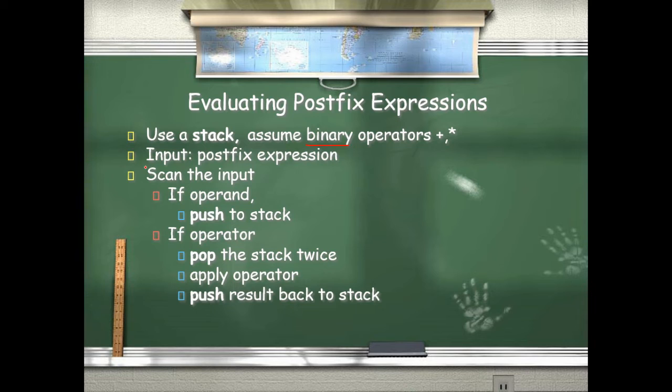perform the operation. The input will be in postfix expression, and what you are going to do is check whether it is an operand. If it is an operand, then you are going to push it into the stack. And if it is an operator, it could be plus, it could be division, star, minus, whatever it may be, then you are going to perform the pop operation two times. Why two times? Because if I want to evaluate any binary operator, I require a minimum of two operands. So I am considering the recent two items that have been pushed into the stack.